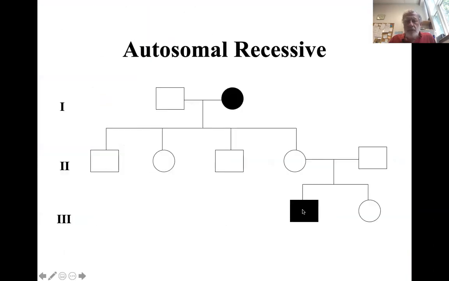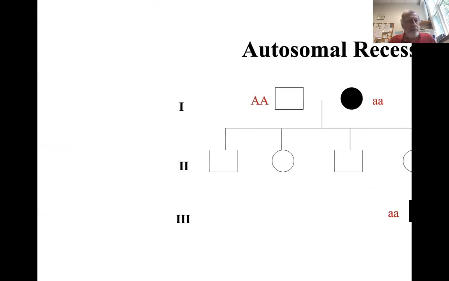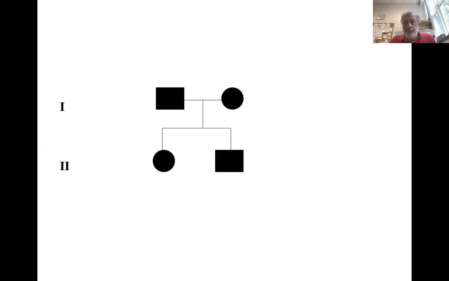So here's an autosomal recessive pedigree, and we notice that one individual in generation 1, that's the mother there, is affected, and then the grandson in generation 3 is also affected, and notice it skips generation 2. So one of the things I may ask you to do, in addition to telling me mode of inheritance, is